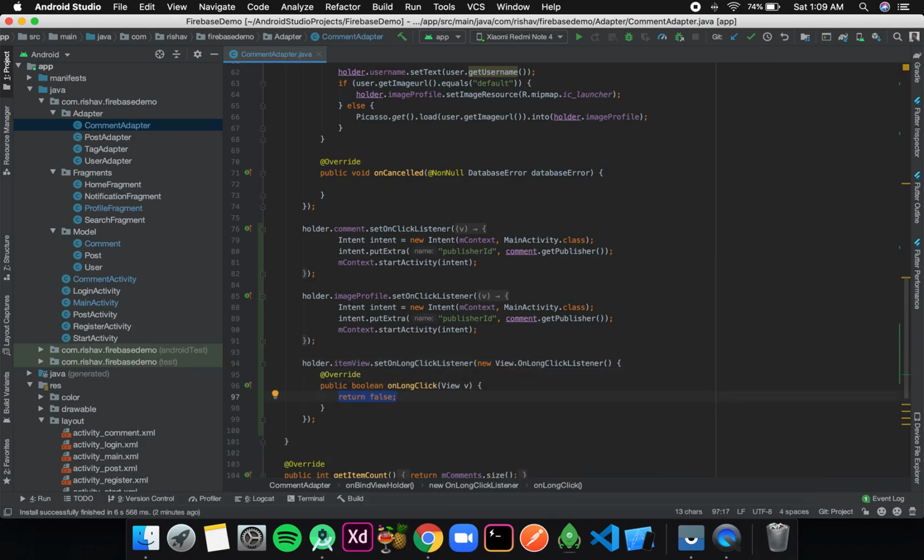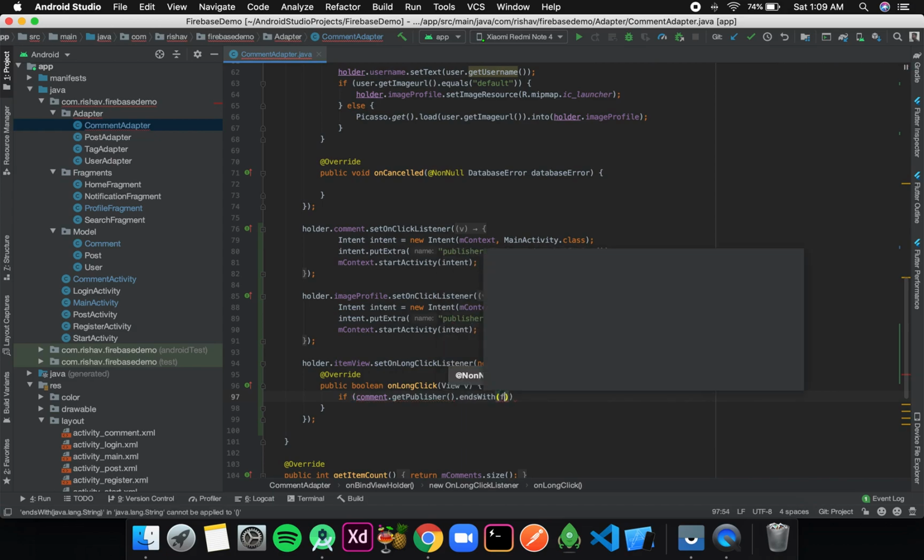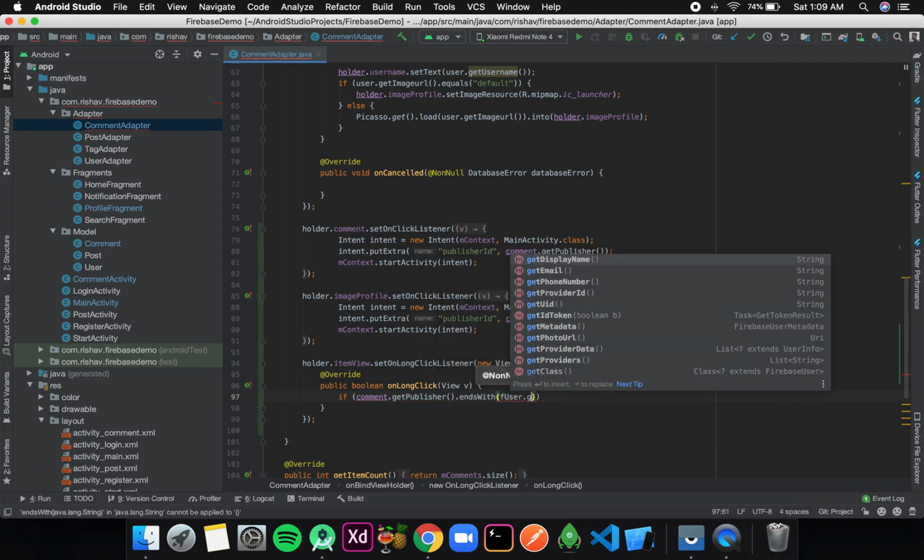Then I'll check if the comment is from the current user or not. So for that, if comment dot get publisher dot ends with Firebase user dot get UID.